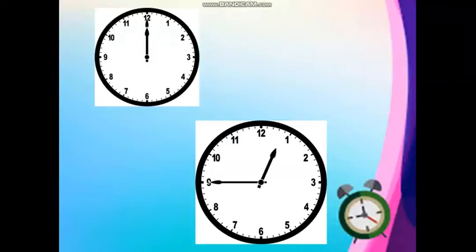Now take a close look, children, and see this minute hand has travelled 3 quarters of the clock. Which 3 quarters? 12 to 3, 3 to 6, the other one, and from 6 to 9 is the third one. So we can say it has travelled 3/4 part, means 3 quarters. And you know, only this much part means 1/4 of the clock is left, and if it travels this, the time is going to be, yes, time is going to be 1 o'clock.